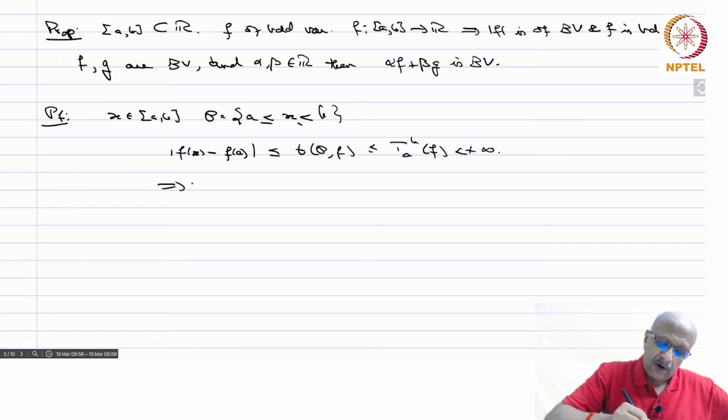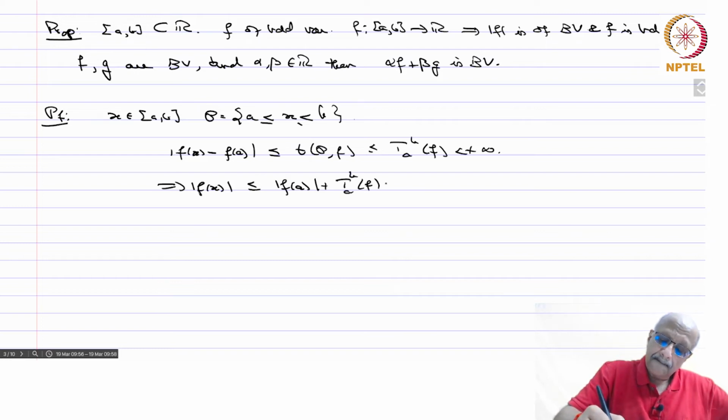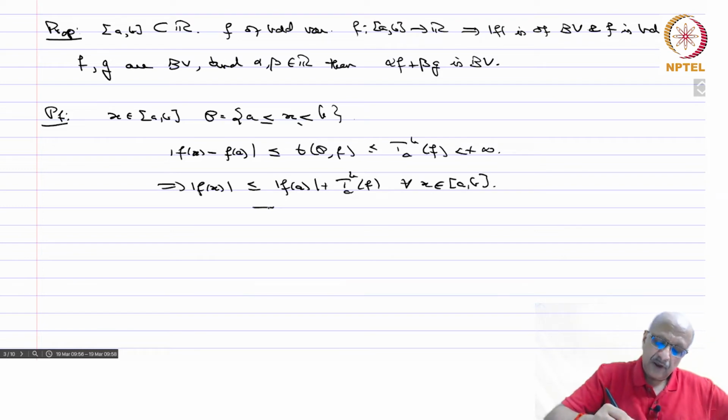Therefore, you have |f(x)| ≤ |f(a)| + T_a^b(f) for all x in [a,b]. And therefore, f is bounded. Okay. Now, the rest of the proof is all easy because ||f(x)| - |f(y)||